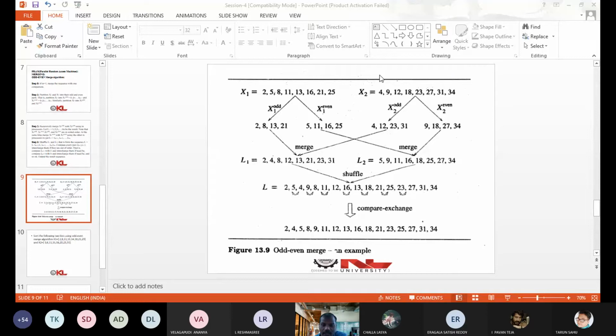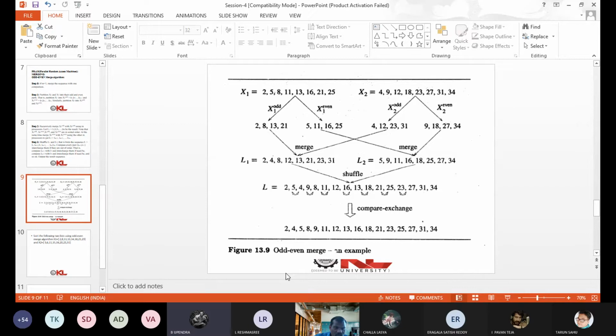Can you read out the problem given to you to solve? Can you read out the elements? X1 is given with 2, 8, 11, 13, 14, 18, 21, 29.